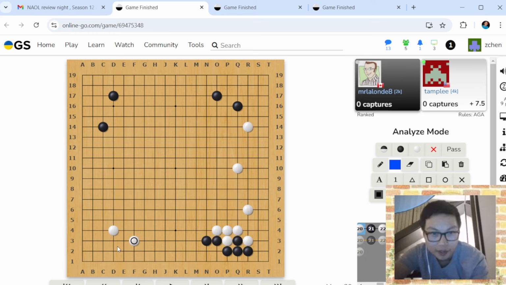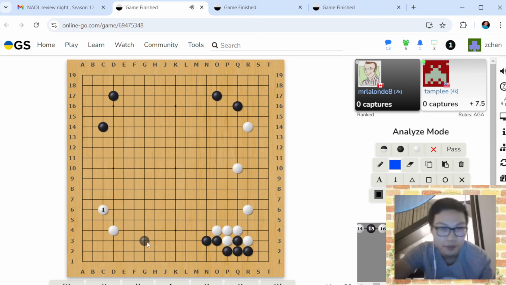In the game, white does play this move, totally good, totally large. For white here, if I was white, I would expand my corner on the left hand side, because after this, now it's really balanced. After white plays here on the lower right, if black does this